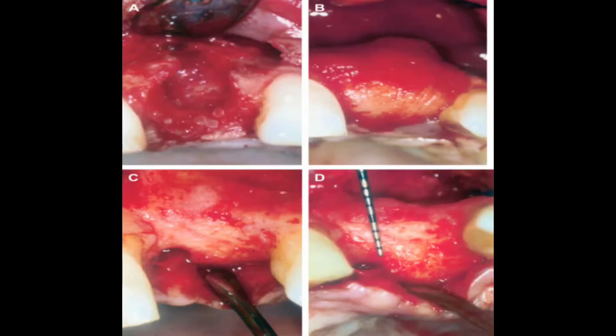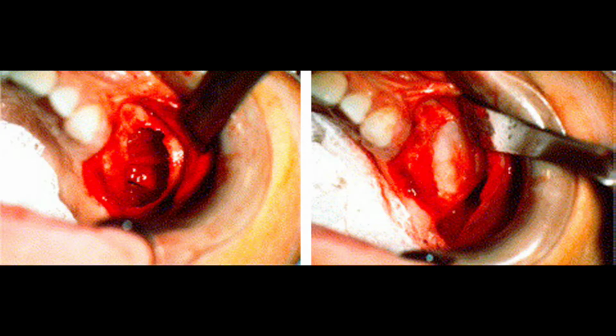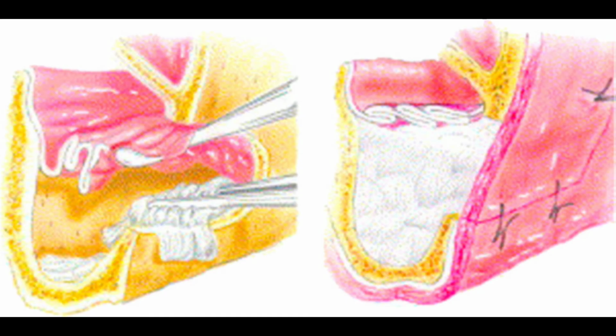Now there are different clinical pictures which I have collected from the article. In the first picture there is a cavitated area, and later Infuse bone graft was placed and it healed. A sinus lifting procedure was performed through a buccal corridor, and later the absorbable collagen sponge with rhBMP2 was placed, and it healed nicely, and the bone height also increased.